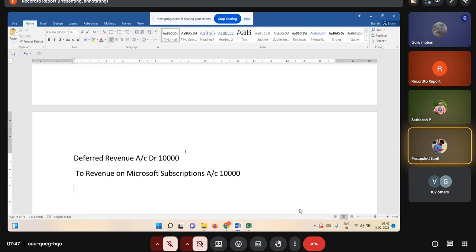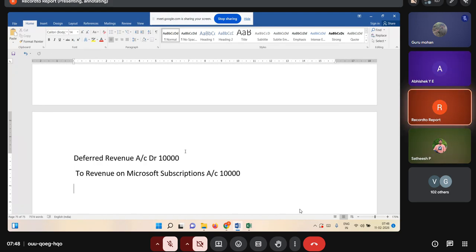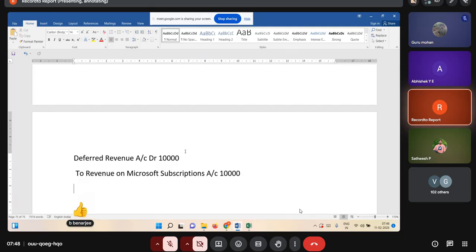Let's keep on moving. This is called deferred revenue and prepaid expenses, guys. So these are very important technical questions in terms of interviews and also in real time. We need to work on this. Understand? So this is all about this case, and the next we can discuss in tomorrow's session, guys.